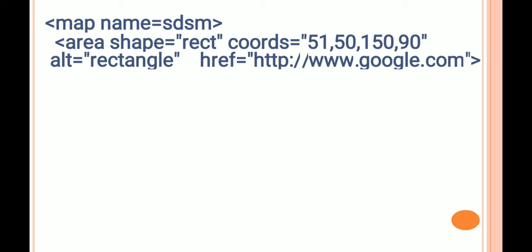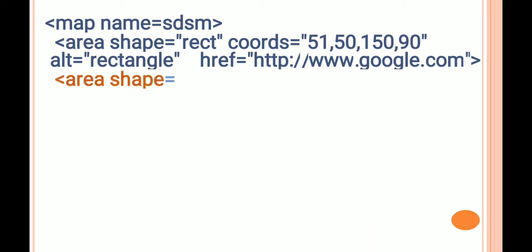We'll see afterwards how we can find coordinates for a particular shape using the Paint application. Here I already found some coordinates, so I make use of those. Then we use the alt attribute. After that href, which specifies the URL for the clickable region. It means the rectangular shape will get connected with a Google web page.